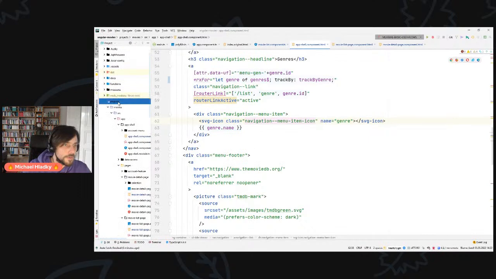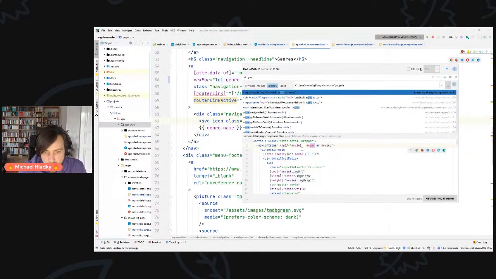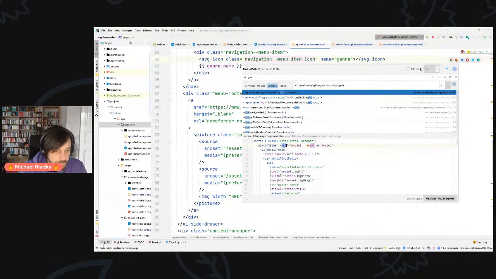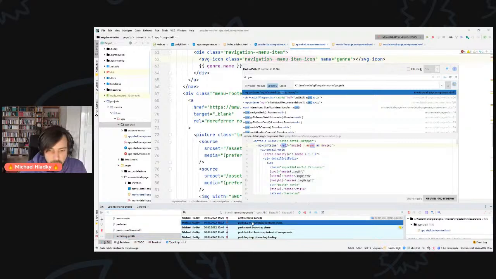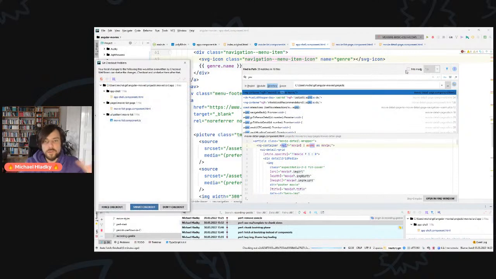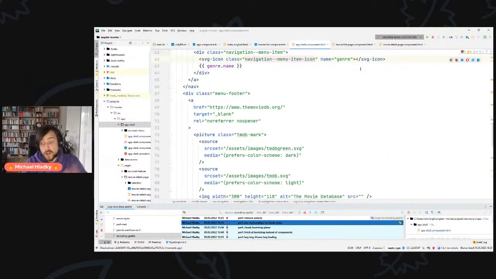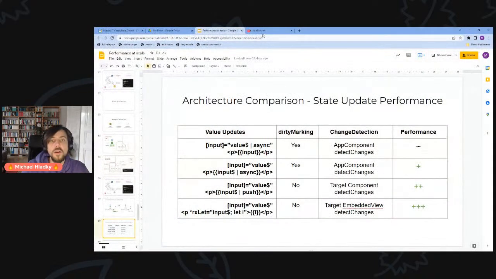I will prove that by just searching for async, and there is one more left, but I will not change the rest too. I will just check it out, and then we can see that with that change and all async pipes gone, I reduced the template a lot. I have no question marks again, and with another measurement we will realize that our app now magically is 10